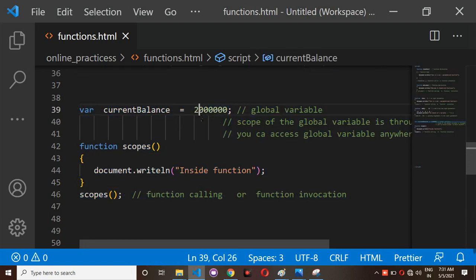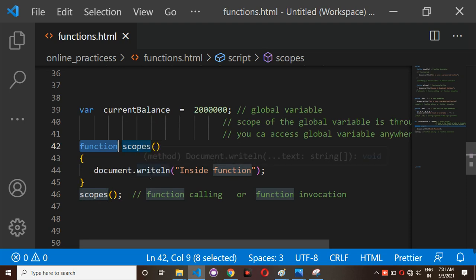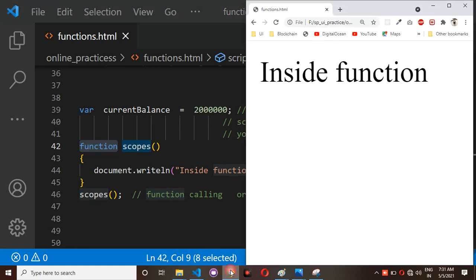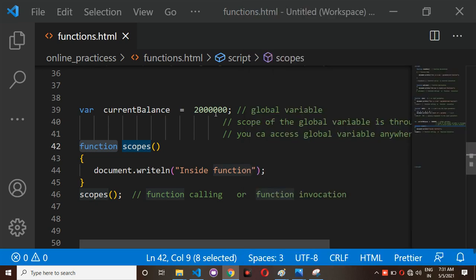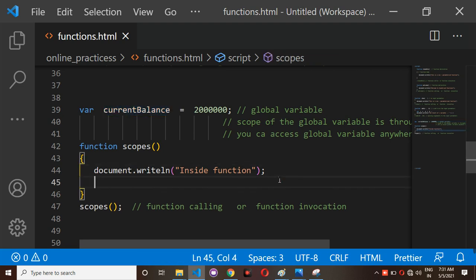Observe here, I have a function keyword, and the function name is scopes, and I'm trying to call that function with the help of function calling. Whatever you have written inside the function with document.writeln, you can see the output here. Now the question is, this current balance is one of the variables you have declared and defined outside of a function. But even though you have declared or defined this variable outside of a function, I can access it inside this function. Document.writeln of